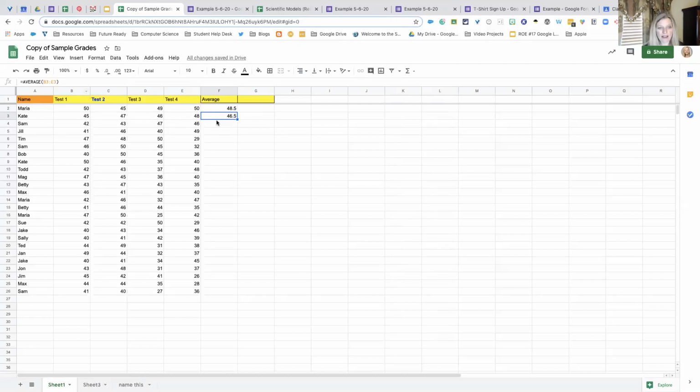If I double click on it, it shows me, hey, here's what I'm taking the average of, here's my answer, here's my formula. If I want to get out of that, just click enter and it puts it there. So what I can do also, instead of doing this 24 times for the 24 students I have here, or 25 students,